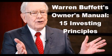I'll reiterate what he says up here at the top, and these are in Buffett's own words. He says that in June 1996, we issued a booklet entitled An Owner's Manual to Berkshire's Class A and Class B shareholders. The purpose of the manual was to explain Berkshire's broad economic principles of operation. An updated version is reproduced on this and the following pages. But what you'll find is not just principles on Berkshire Hathaway, but principles that he looks for in other companies as well. And this can help you as a do-it-yourself investor when you're scouring companies to invest in on the